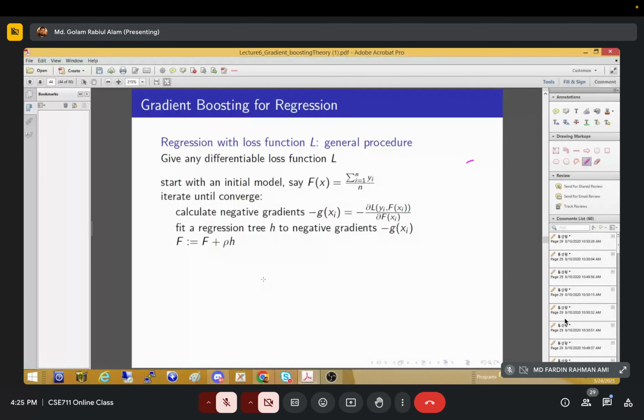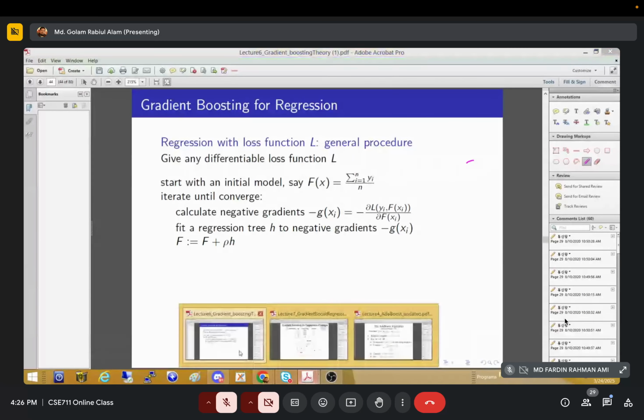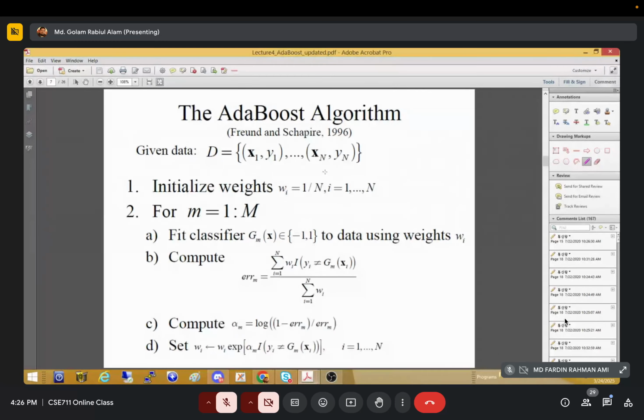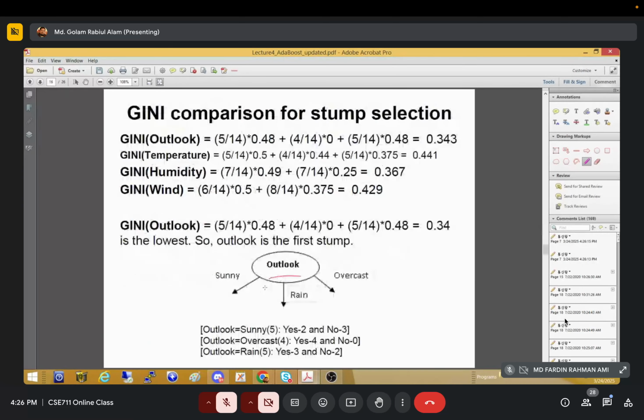In our last lecture, we discussed the AdaBoost classifier. In AdaBoost, we have seen one of the algorithms for AdaBoost. Okay? It is a classification algorithm. And in AdaBoost, we developed several stumps, if you can remember that, and each and every stump has some weight of the vote. And then that weight of the vote, finally, we utilize that